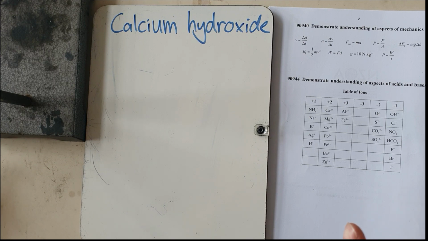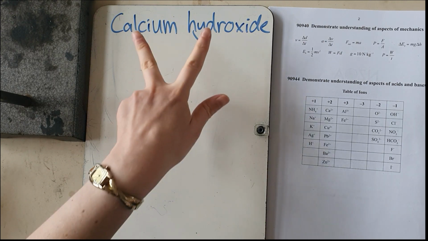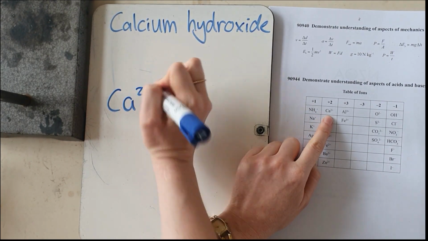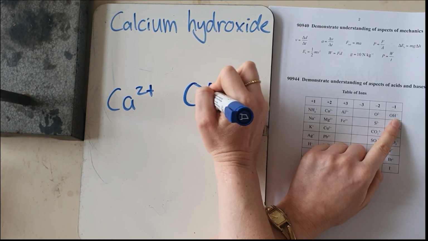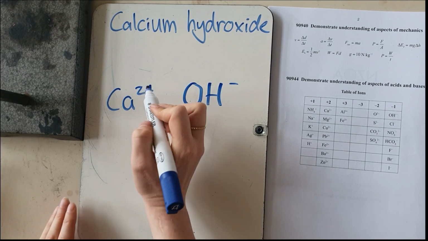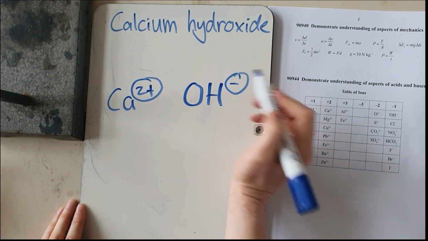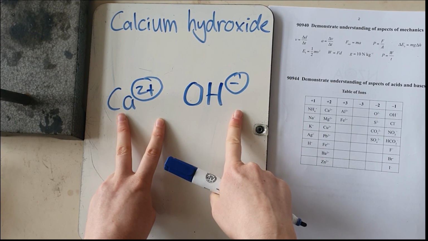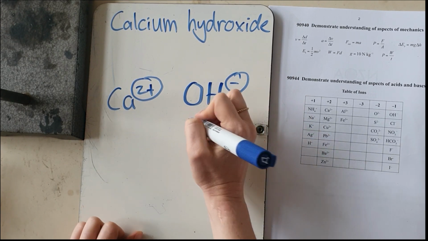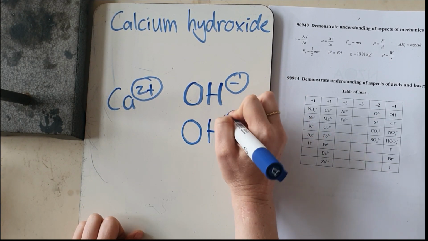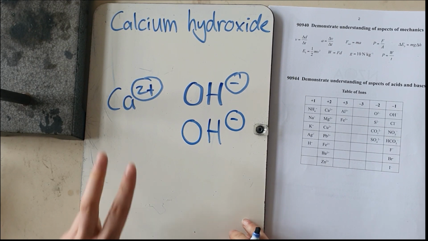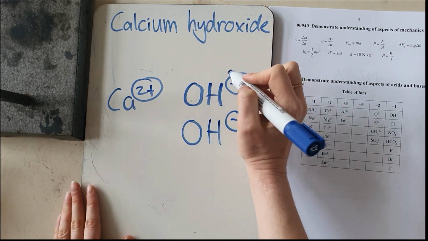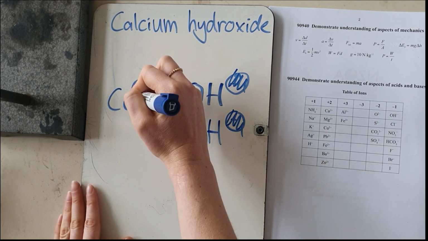Now the process for writing the formulae starts the same. So calcium hydroxide is made up of the calcium ion and the hydroxide ion. And we're going to try and balance the charges. So at the moment there's 2 positive charges and 1 negative charge. So we need another negative charge to help them cancel out. So now we've got 2 positive charges and 2 negative charges, which can cancel out to give us an overall